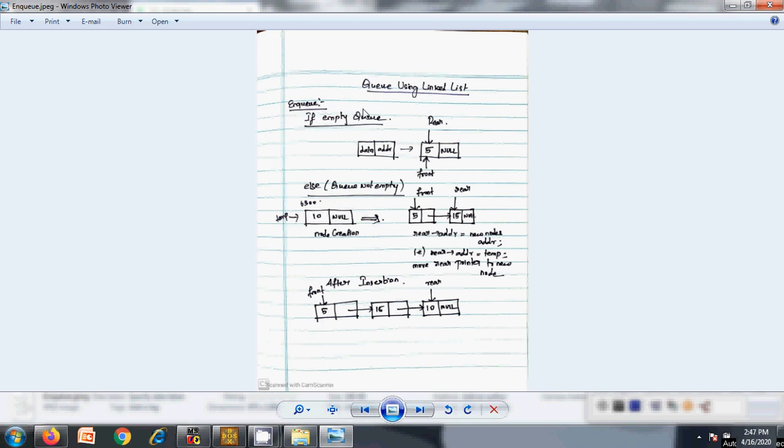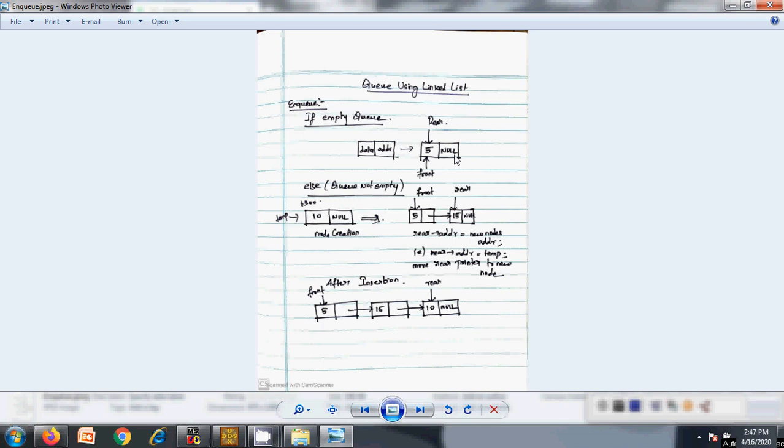So let's take the case where the queue is empty and I am going to insert the first element in the queue. Initially both the front and rear pointers are pointing to null. When I perform the first insertion, you want to make both pointers point to the newly inserted element. So I create a new node, data 5 is assigned, and I make its address pointer point to null.